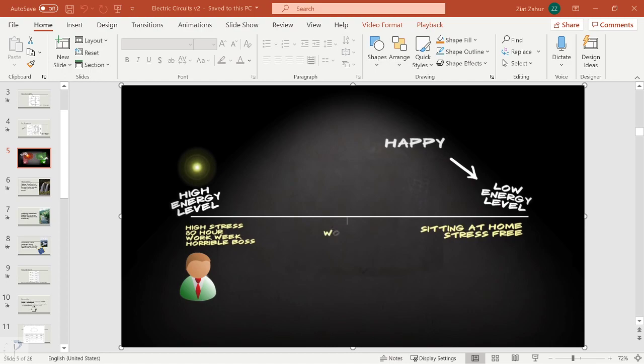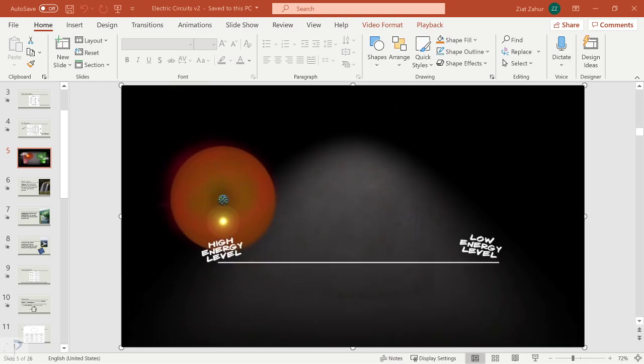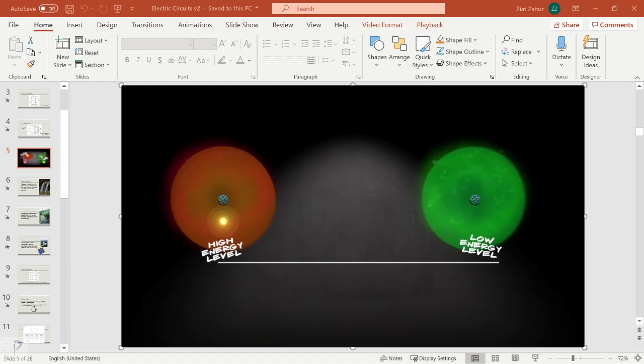If your boss said, "Hey, do you want to work from home?" you'd do that. And if your boss said, "Hey, do you want to stay at home and still get paid for not doing work?" who wouldn't do that? Well, electrons do the same thing. For electrons, buzzing around some atoms is like working in a high-stress environment, and buzzing around others is like sitting at home and getting paid for nothing. A battery basically gives electrons a path to a happy, stress-free life, but makes them work for it, which we'll get to in a second.